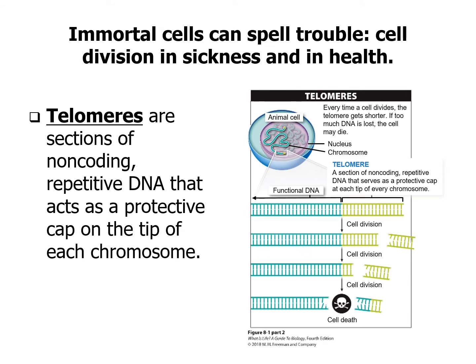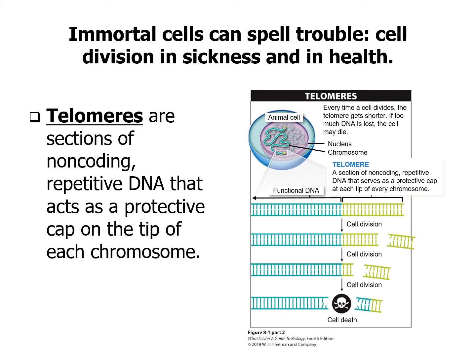So we are going to start with telomeres. We've been talking about DNA for the last chapter and a bit, and we need to talk about how cells are able to divide so many times, but the fact that they are actually not immortal. They cannot keep dividing over and over and over. So what happens is we have these little telomeres, which are sections of non-coding repetitive DNA that serve as a protective end to our DNA strands or our chromosomes.